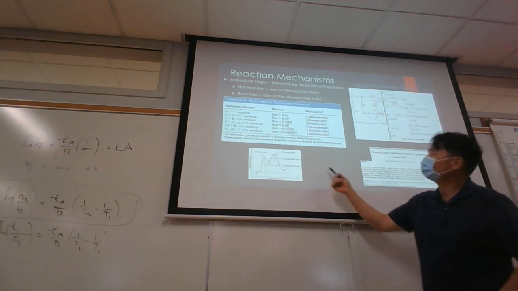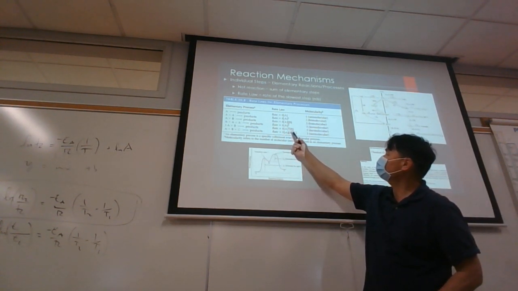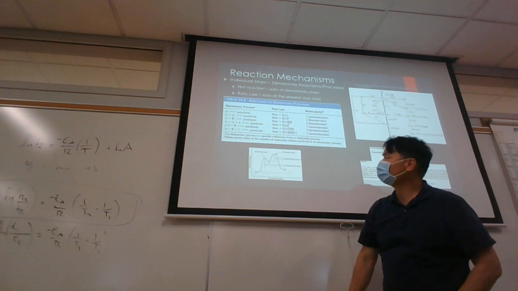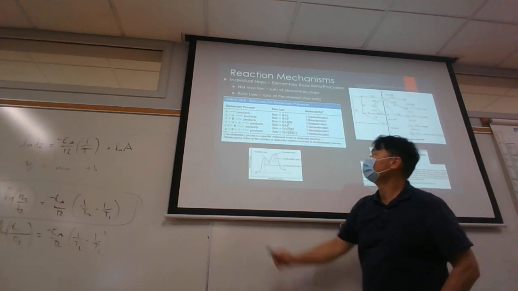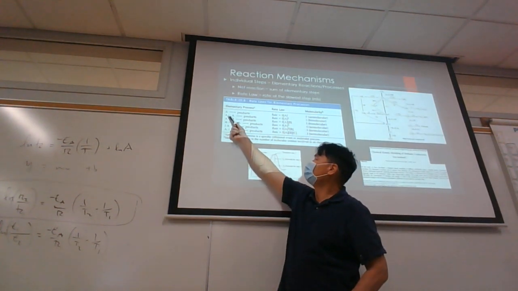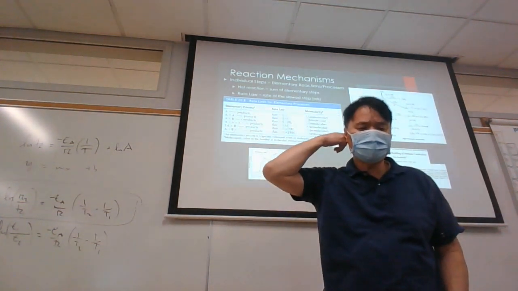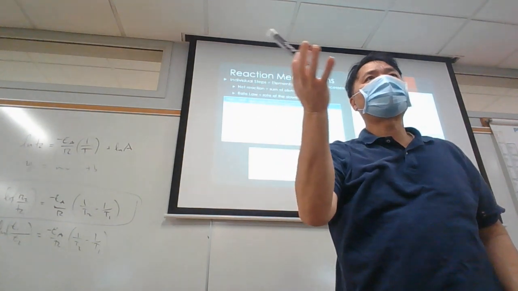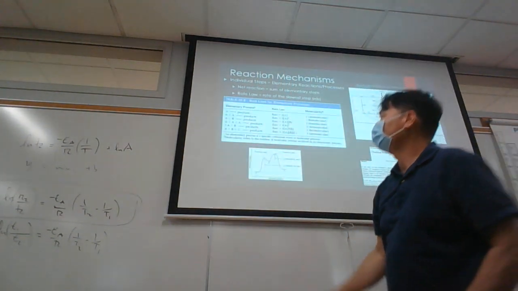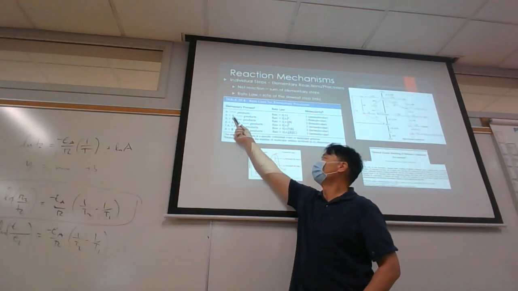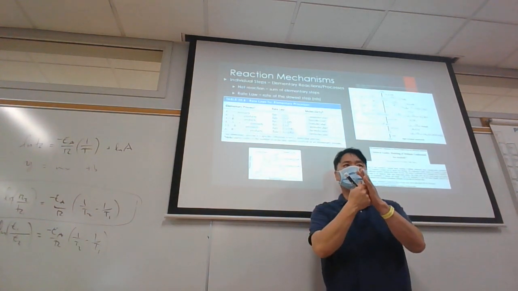Okay, over here, we have different elementary processes that can occur. The first one is just unimolecular. If we have a unimolecular collision, how can you have a unimolecular collision? There's only one particle. Well, a unimolecular collision can occur when that one particle hits the wall of the container,